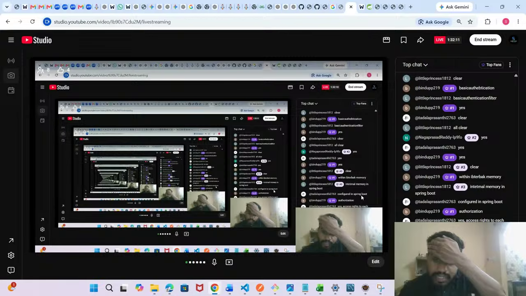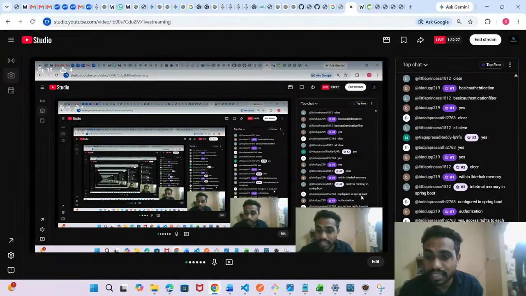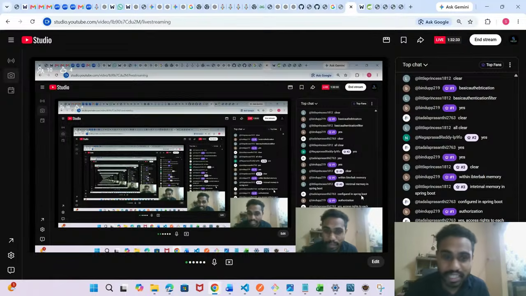See, the thing is, once you entered into the portal, that doesn't mean you can do anything. You can do only the roles which are specified to you. That means you can enter your attendance, you can apply for leave, or like that. But you can't see the salaries of your friends, right? You can't see the salaries of your CEO. You can't do that, right? Only HR can see that. Am I correct?